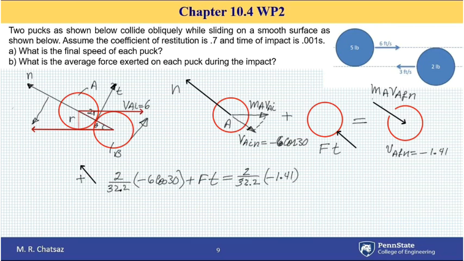Recall that we found these on the previous slide. If I rearrange the equation, this term goes to the right side, becomes positive. Then I can divide both sides by a time of 0.001 seconds and get a force whose magnitude is